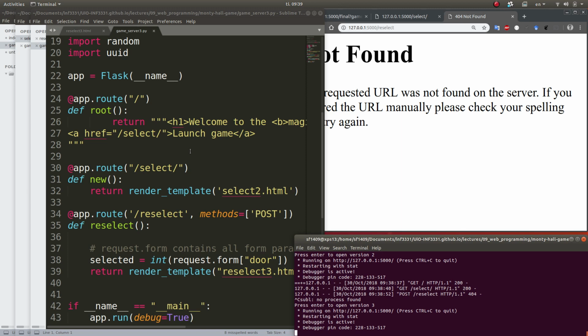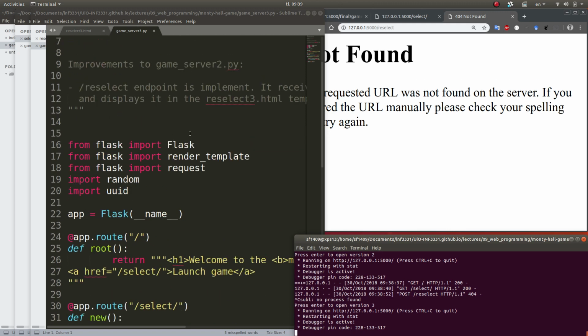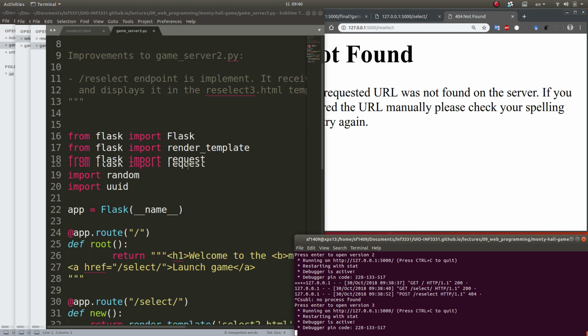And so we create a new route that listens on reselect. Now we know that this is a post request, so I say methods equals post. And then here's the actual underlying function. So what I do is I use this request.form. If you look up here, I now imported from Flask import request, so that I can